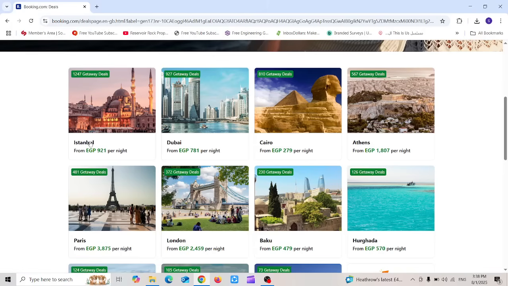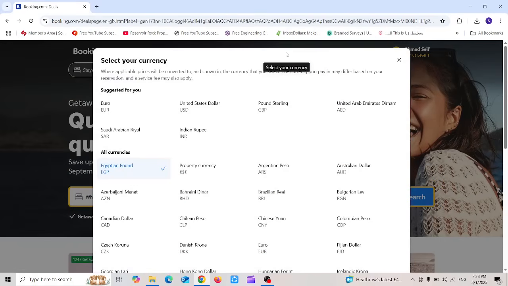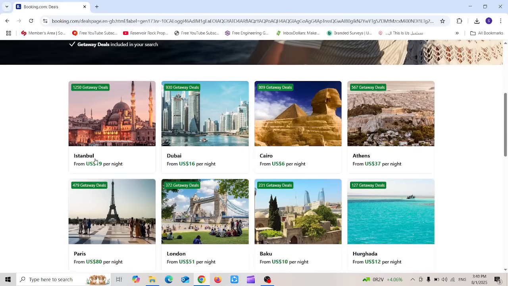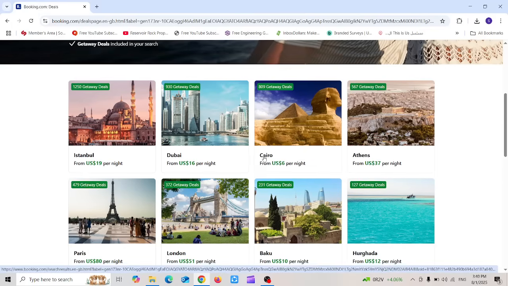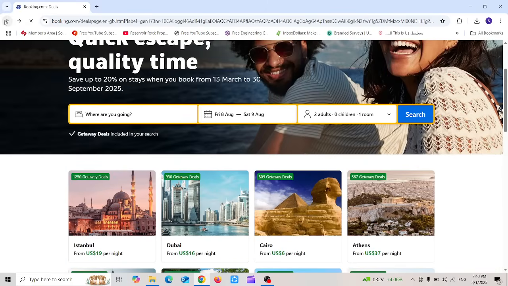So you can see the cost, and I'm going to change the currency to dollars so that anyone who is watching this video will understand the amount of money for each trip. So I'm going to use United States dollar. And now you can see that going to Istanbul may cost you only $19 per night, and Dubai $16 per night, and even Cairo $6 per night. So there are amazing prices in this section. Now heading back to the previous page,